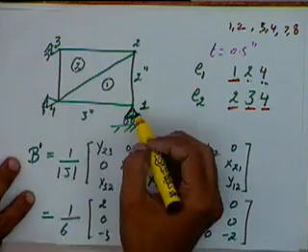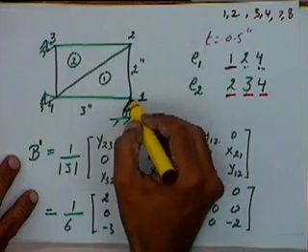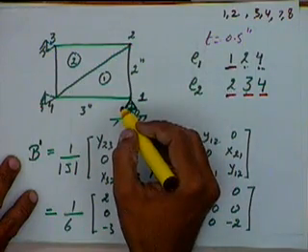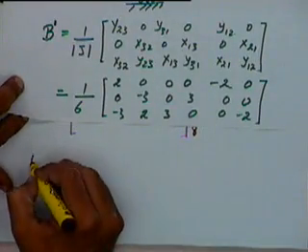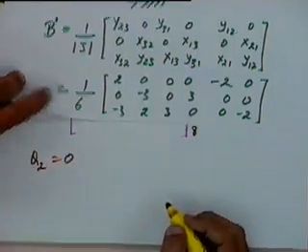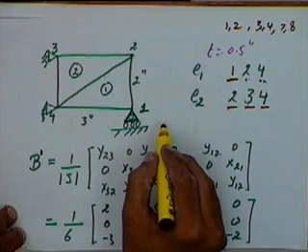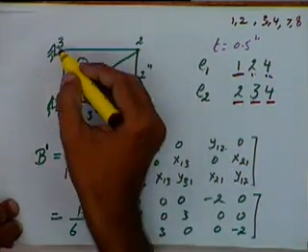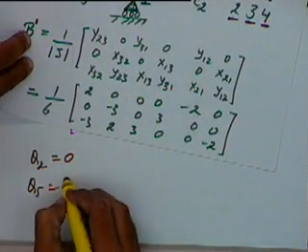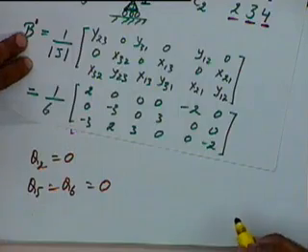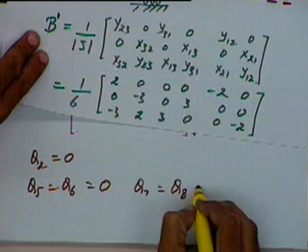If I look at the boundary condition in this case, I have taken nodes 4 and 3 to be fixed, and node 1 is fixed in the y direction. So corresponding to that, my boundary condition will be Q2 equal to 0, because this is constrained in the y direction; it can move freely in the x direction. Similarly, if I take node 3, that will give me Q5 equal to Q6 equal to 0, and corresponding to node 4 we get Q7 equal to Q8 equal to 0.